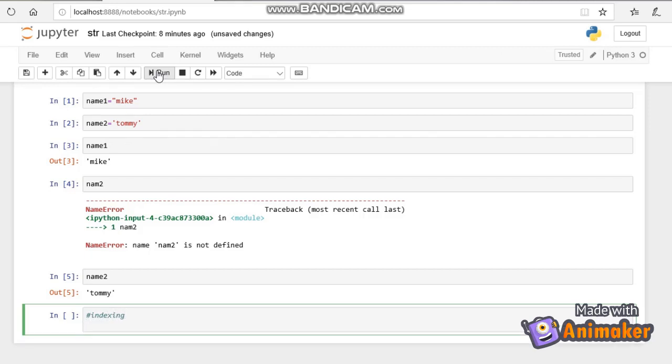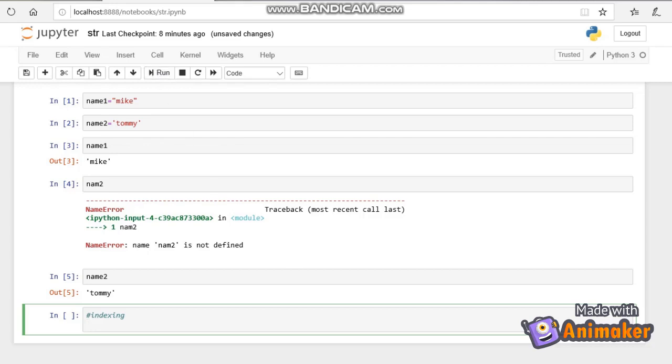We already saw this indexing in C programming or any other languages. We have used this to access arrays. Same way in Java also, in Python also. Indexing allows you to access individual characters in a string directly by using a numeric value.